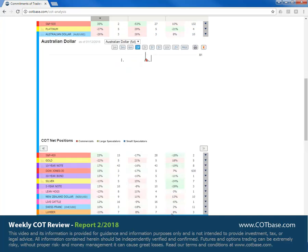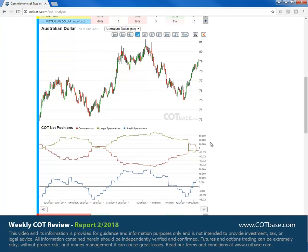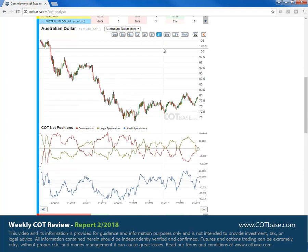Moving on to the Australian dollar, where we have this 26% change. Well, we're talking about a currency, so the 26 is actually very large. You can see on the chart we don't see such changes too often. And with this change, commercials have just moved back to net short territory, and large speculators are again net long. So that's interesting, and everything becomes more clear if we open the 5 years chart, meaning